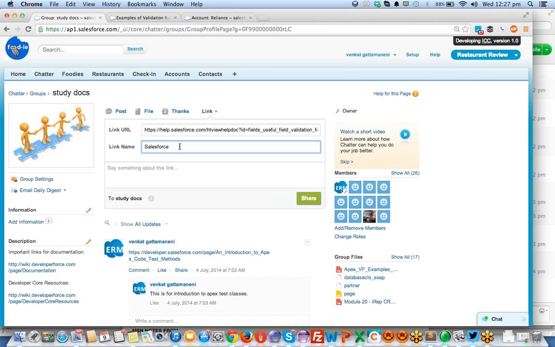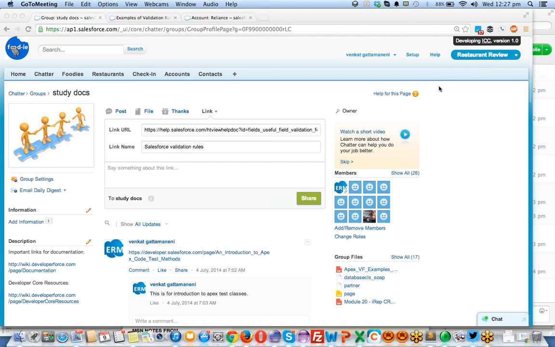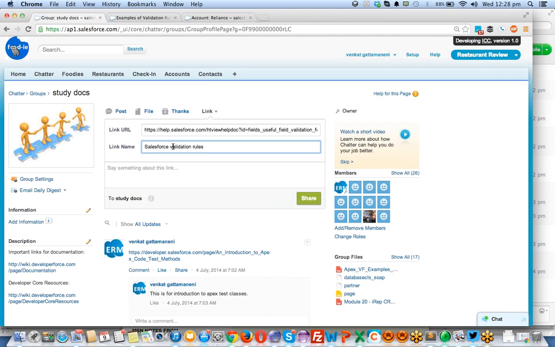Salesforce validation rules. Okay. Salesforce validation rules for standard objects.